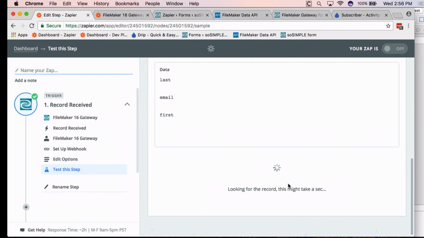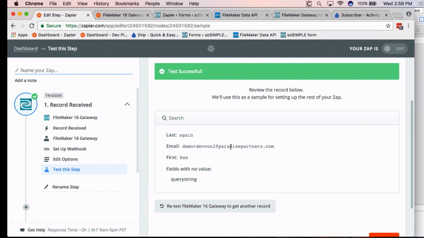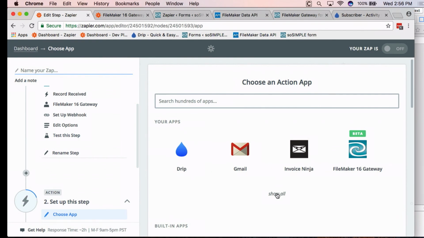Come on, Zapier. Give me the right one. There it is. OK. And there's my record, demo devcon 2. It came into Zapier, and now we can do anything we want with it because now it's in Zapier, and we can go ahead and set up another action. You know what? I'm not actually going to do it,